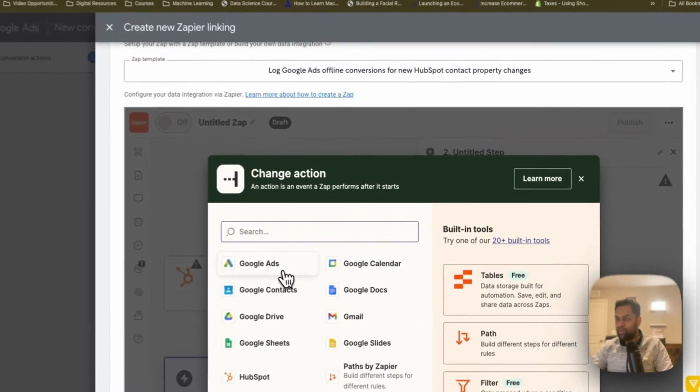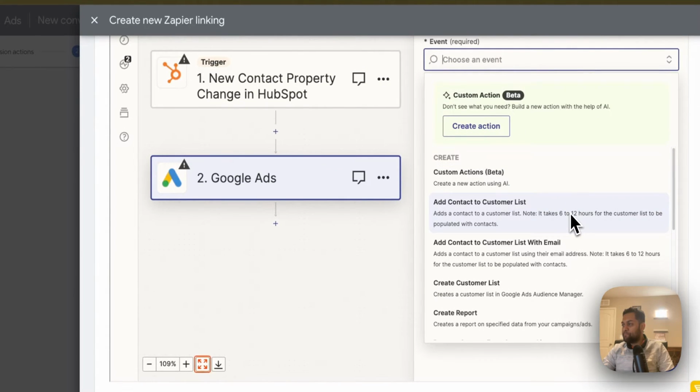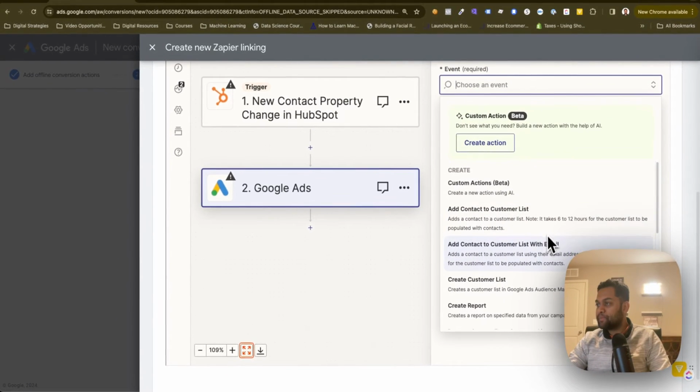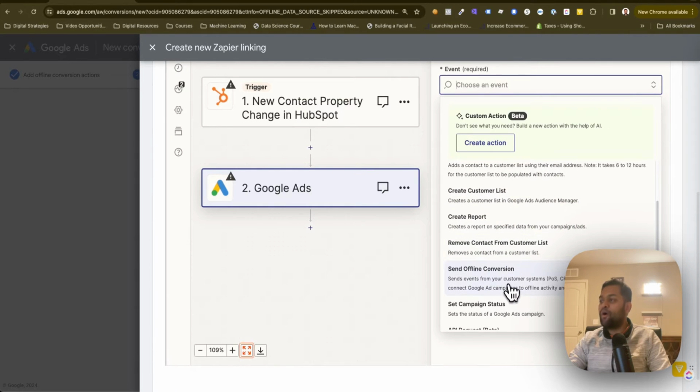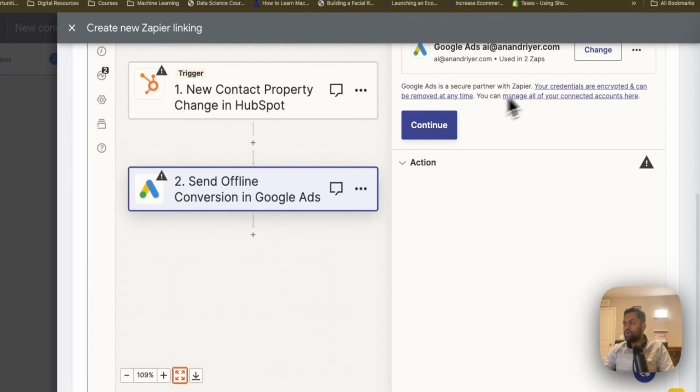Ads. So you're going to choose Google Ads, and then you're going to say send offline conversion. This is what we're doing, right? Send events from your customer systems, that is CRM, to connect Google Ads campaign to offline activity and business impact. That is what we want. Send offline data, hit continue, choose your Google Ad account,